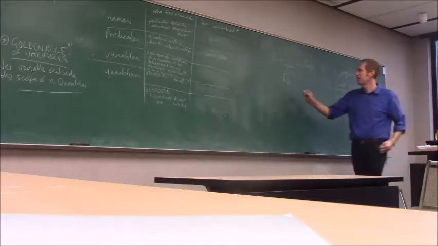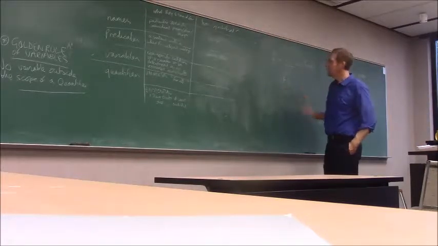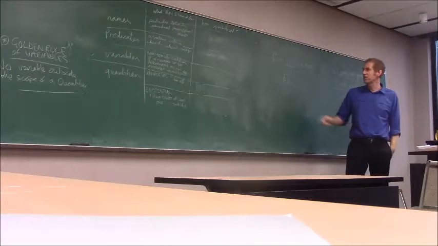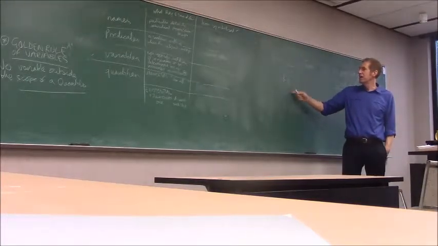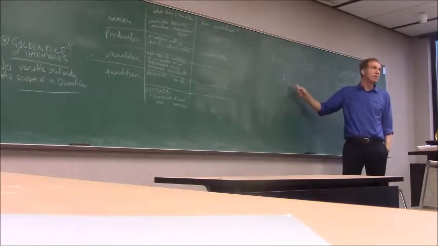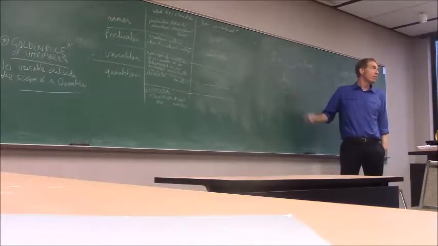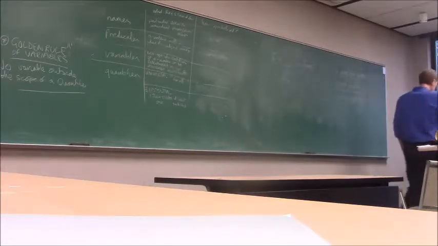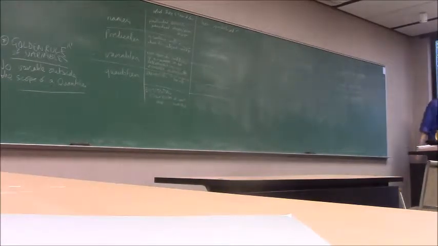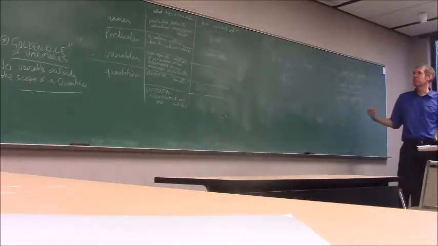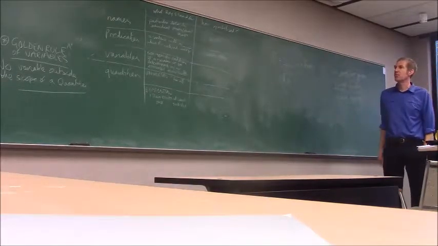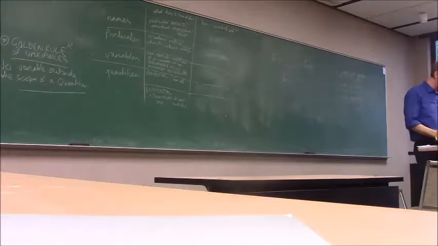Capital G, little k. So right already we can see an advantage of this new way of doing things. It reveals that these sentences, although different, have something in common. They're both about Kermit. Okay. That's the first two elements of predicate logic. Let's get you used to those by doing some examples. Turn to